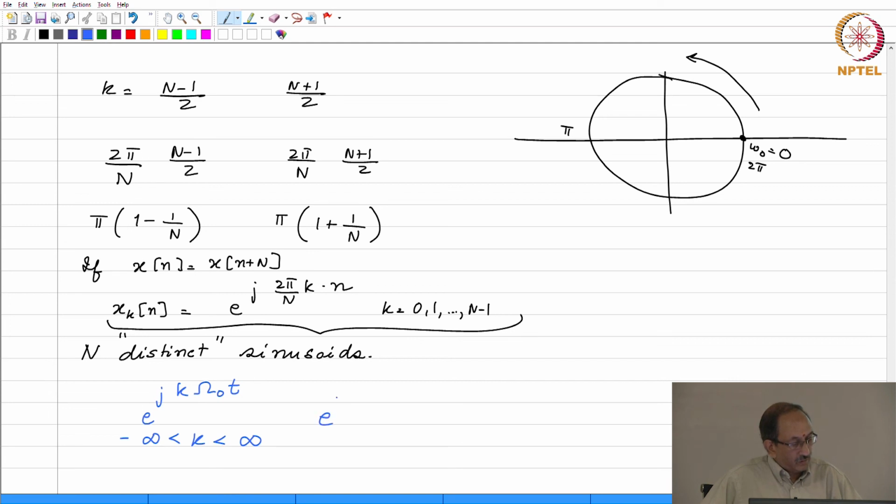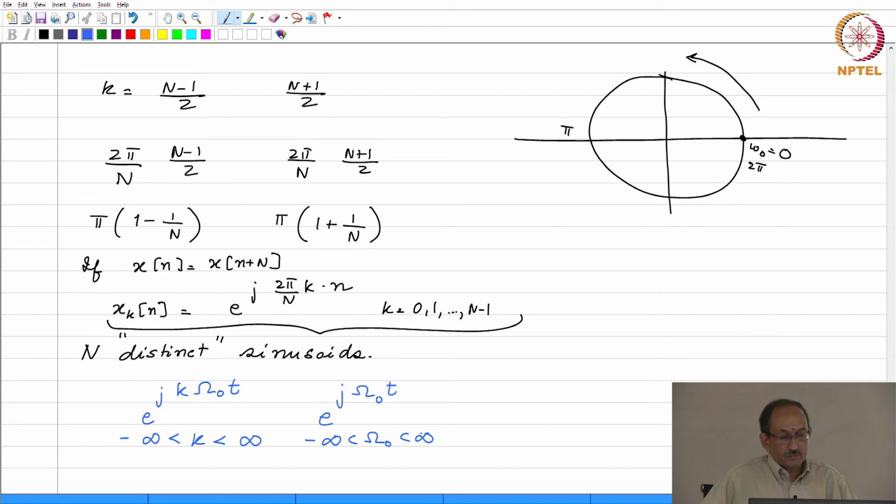The general case is you have e to the j omega naught t, and now you can let omega naught be in the range minus infinity to plus infinity. Omega naught varies continuously in this range. Again you get an uncountably infinite number of sinusoids. Here every single sinusoid is periodic. In the continuous time case, every single sinusoid is periodic,